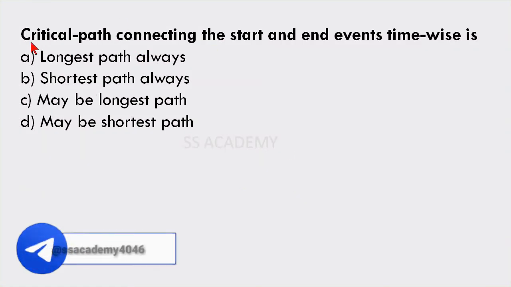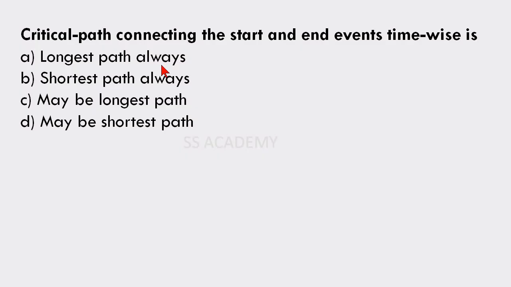Next question is, critical path connecting the start and the end events time wise is longest path always, shortest path always, maybe longest path, maybe shortest path. The answer is longest path always. Critical path connecting the start and end event time wise is the longest path always,